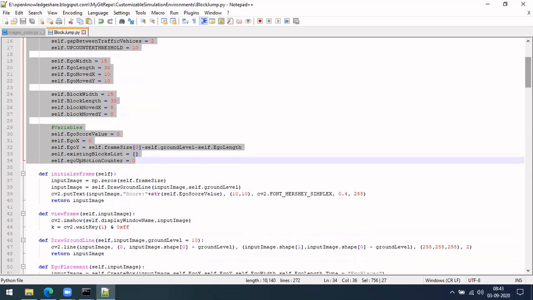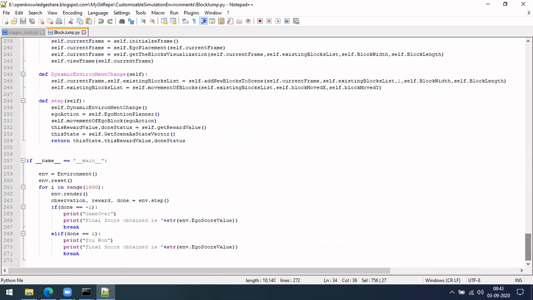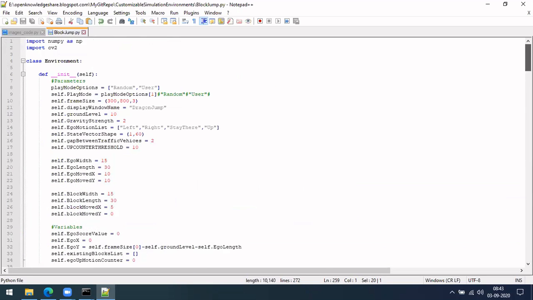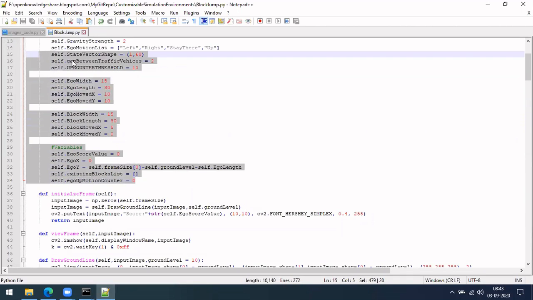Once you run your code, so let me go here. I have minimized this. So just with this part, it will actually do that initialization. It will run this init function, and all these will get initialized. If you put this self dot, you can access these variables in other functions within the same class, right? So that is why I kept all these variables with self. Okay, so this is about this.